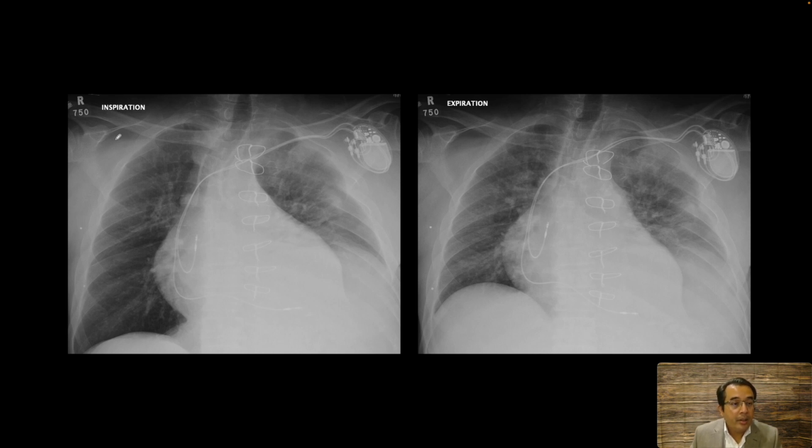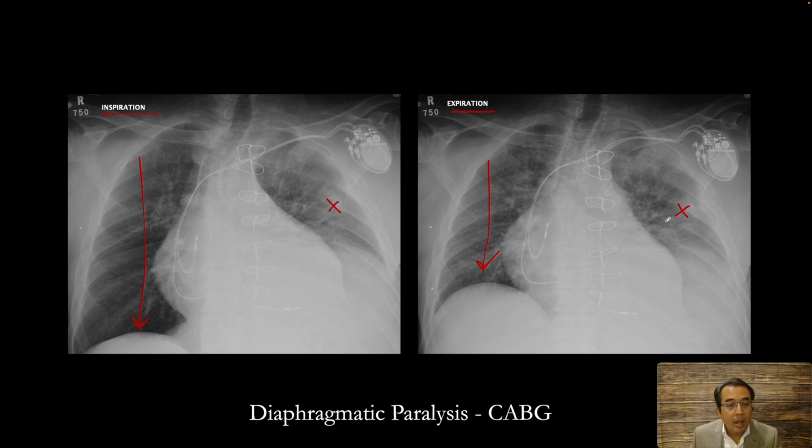Our next patient underwent a sniff test to evaluate the integrity and movement of the diaphragm, and so we acquired two images, a chest x-ray with inspiration and another chest x-ray with expiration. We find that during inspiration the right hemidiaphragm moves down compared to expiration, and then there is no movement seen on the left side,